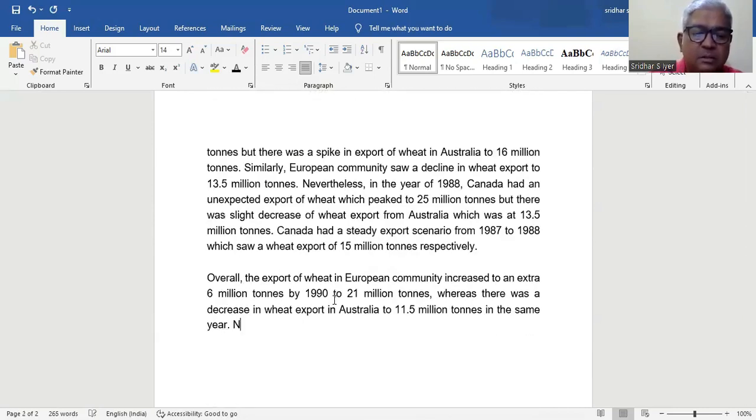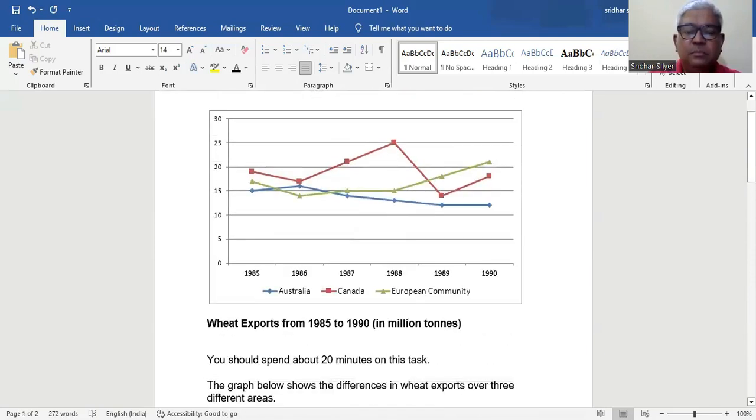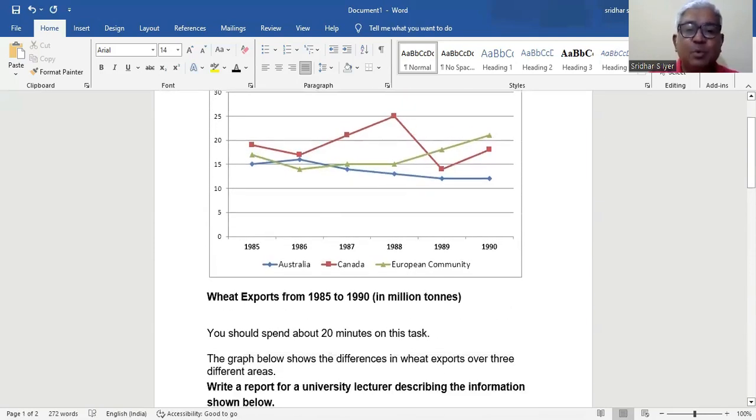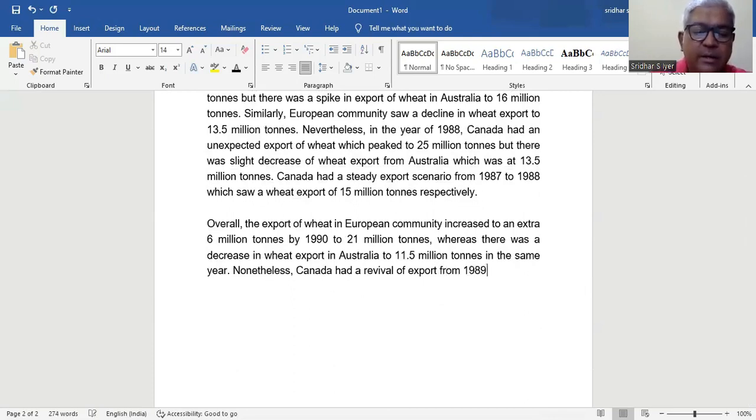Nonetheless, Canada had a revival of export because there was a decline in exports in 1989. So we have to say that Canada had a revival of export from 1989 to 1990